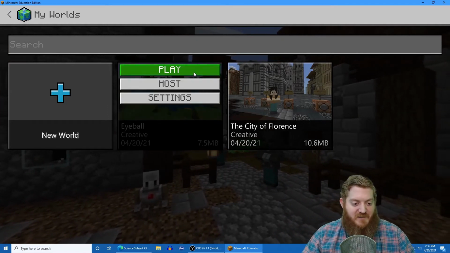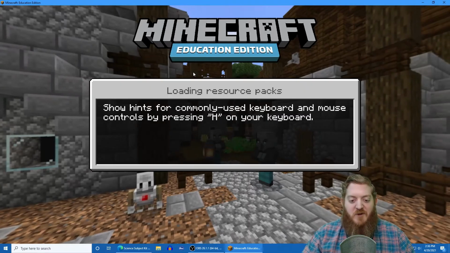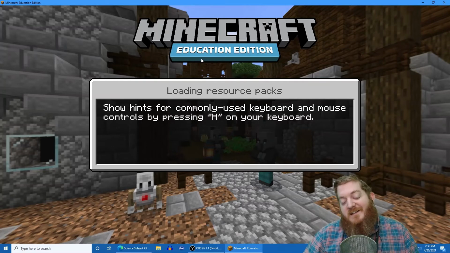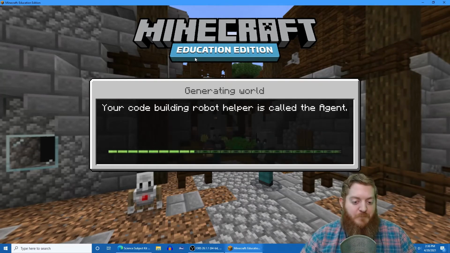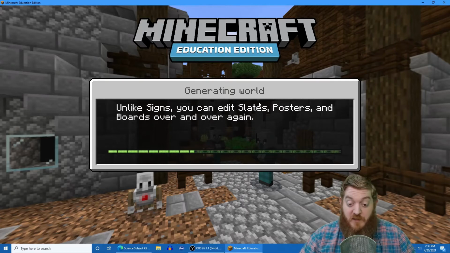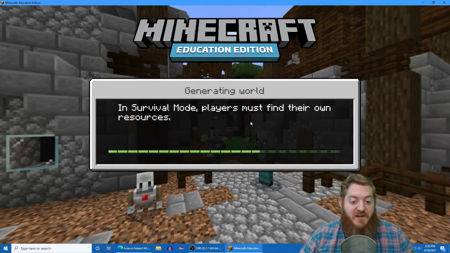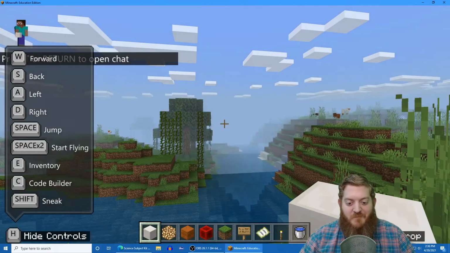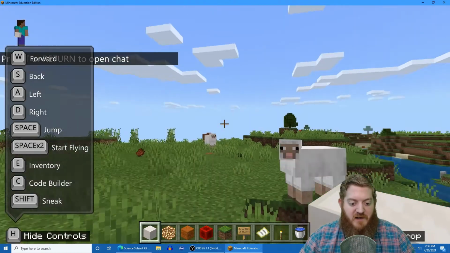So let's start kind of as the... Okay, this one's pretty cool. This is fun. This is actually going to be basically a diorama of the human eye. And you can see again, it takes a minute to load because we're working with a real game, a real program here. Luckily, they give you some nice tips and things to read while you're waiting. And here we are. We're in the Minecraft world.